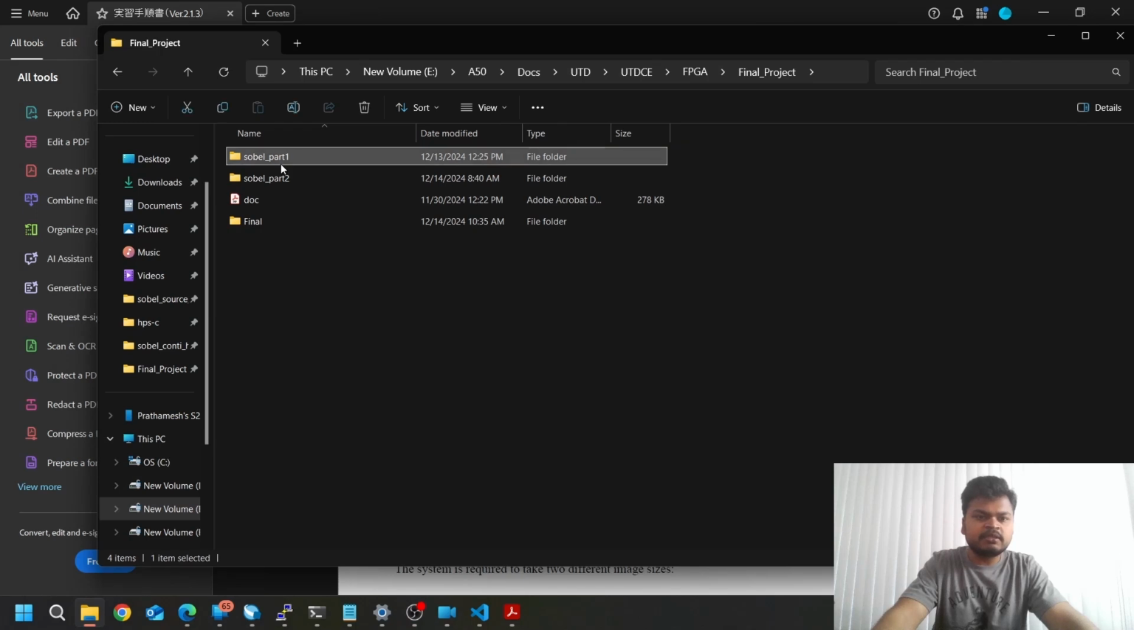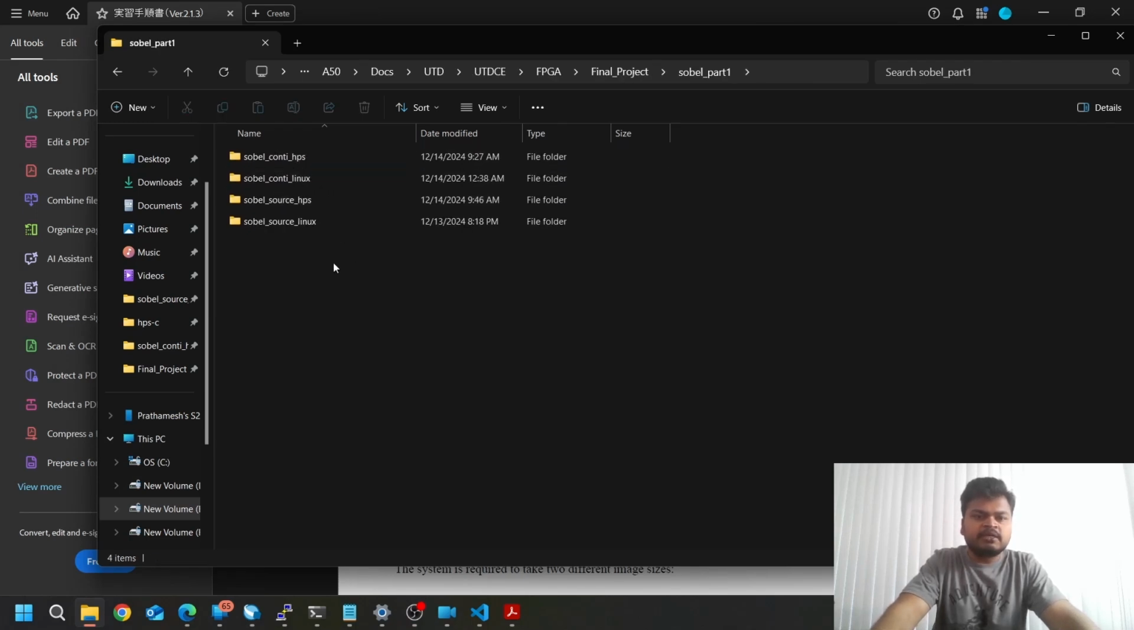In part 1 we will be dividing the project into two. The first one is where the HPS will read a single image and then give the output, and in the second one it will read all the images collectively and then give the output. Then we will see the execution time too. So for the first one,